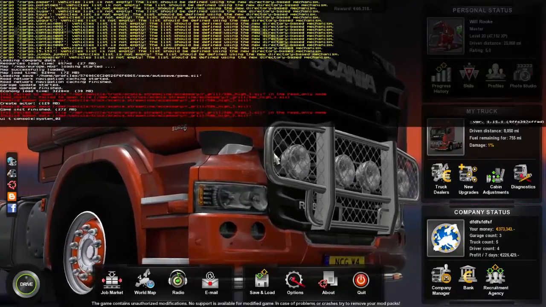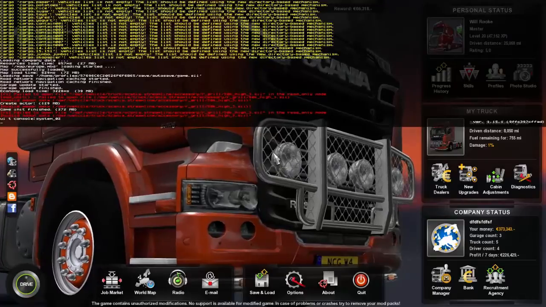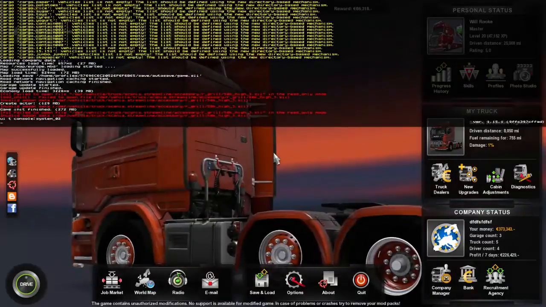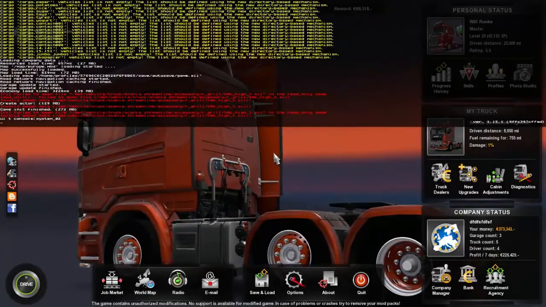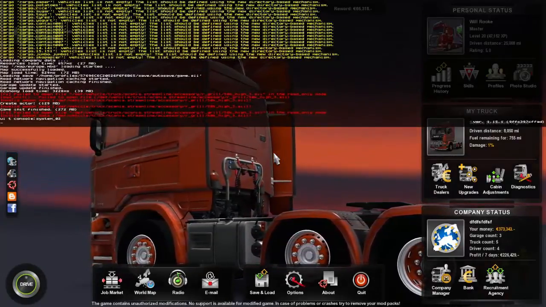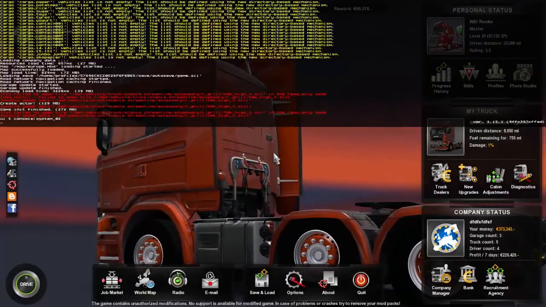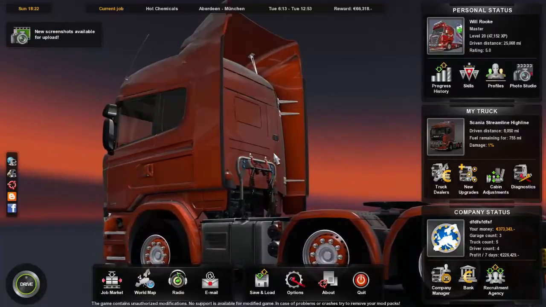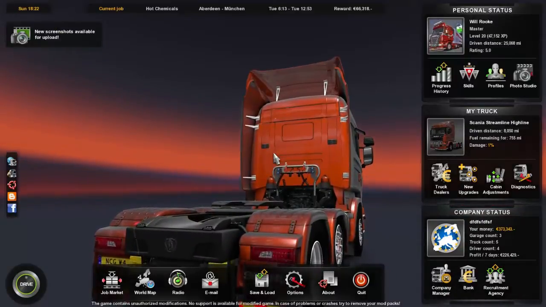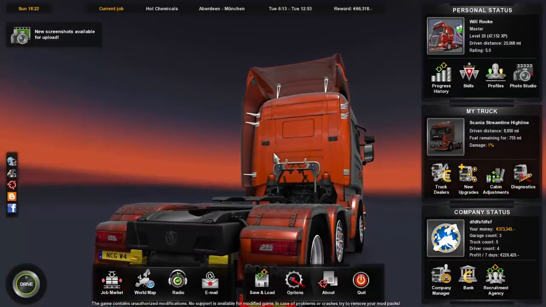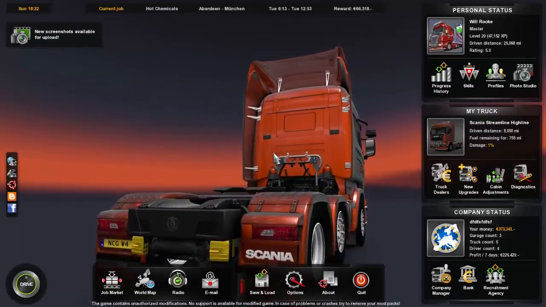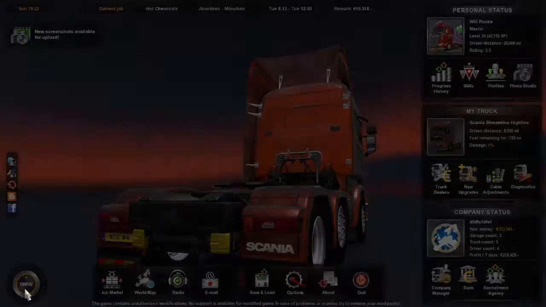Now, if you have any red text like I do in this, then it means there is a problem, probably with the version and the mod, that something conflicts and something's not quite working as it should. But this is fine. So to get rid of this, you just press it again, open it up again if you want, like that. And we'll be using this in my map editing tutorial videos. But for now, this doesn't really affect the camera. So all you have to do is hit drive,